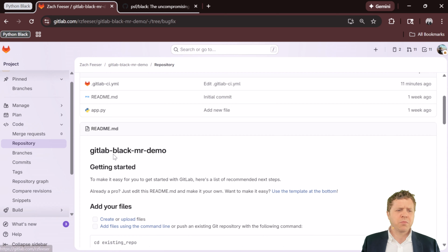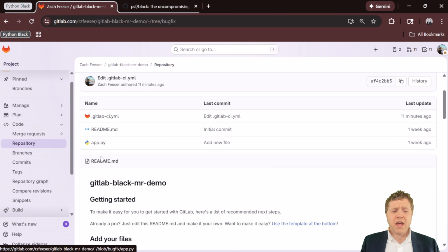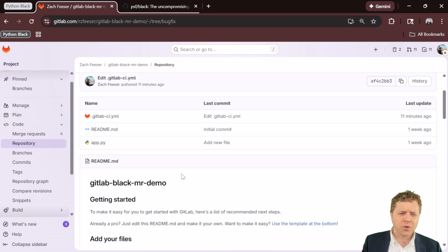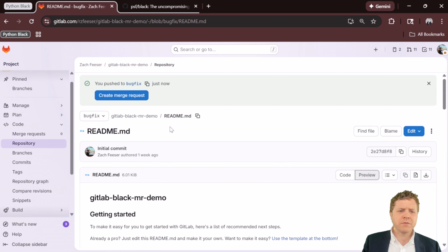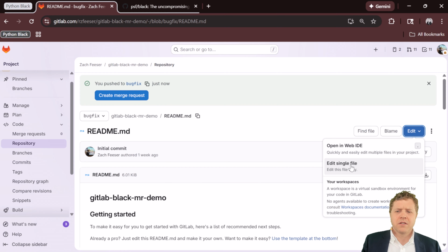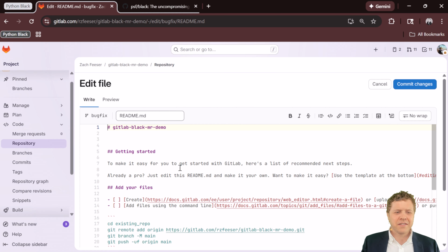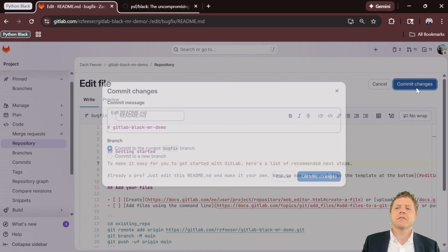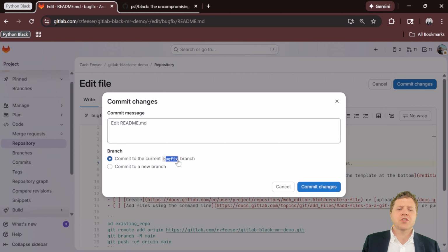I'm on the bug fix branch, and any sort of change is going to be fine. I have to have some change in order to be able to make a merge request in the first place. So how about just readme? That's a fine edit. And I know it says up here, create merge request. Just trust me, you can't do it unless you actually have a change in there. And the change can be minimal. A space added to the readme. Commit changes, make sure it's not on the main branch. We want it on this new branch,